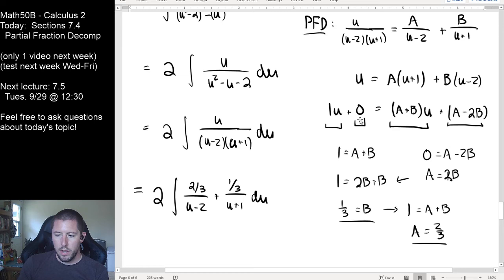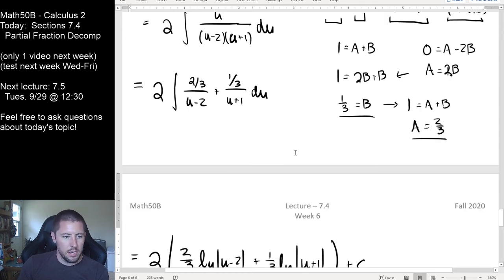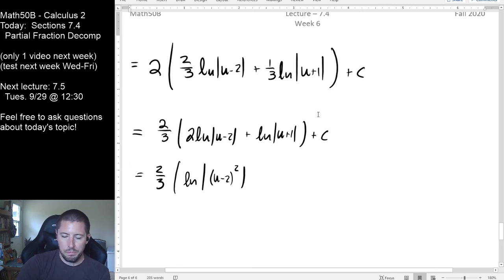We did get positive for A and B. I was thinking that this was a negative, that there was subtraction between those two right there. And so in that case,